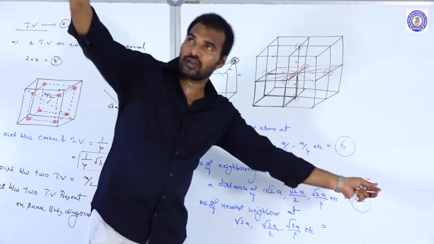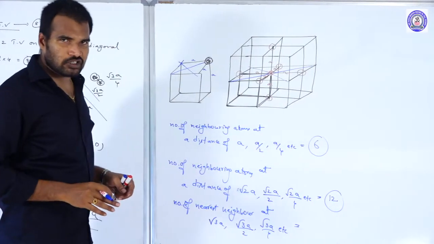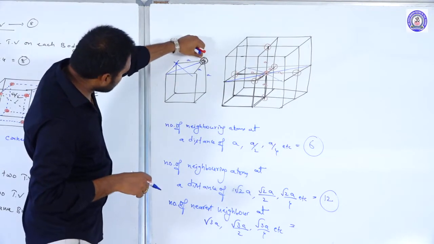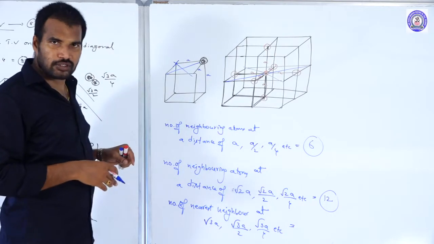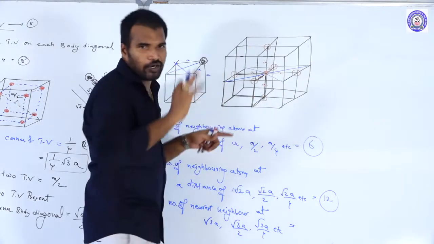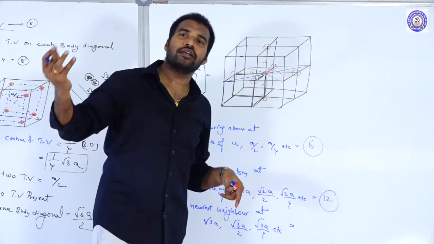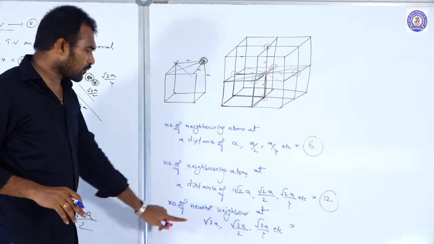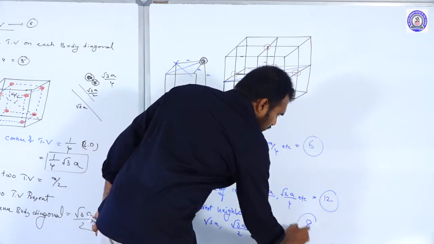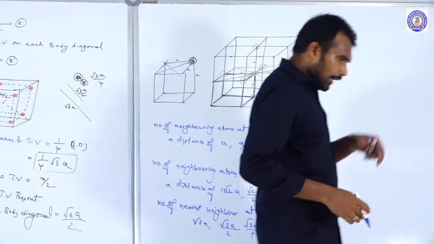When you connect any 2 corners, we get one body diagonal. Now, from this corner, how many body diagonals are possible in one mini cube? One mini cube, one only, right? Okay, this corner is diagonal with the opposite corner, only one body diagonal is possible. It is not forming any other body diagonal. So, in one mini cube, one body diagonal. Total, how many mini cubes is this atom connected to? 8 mini cubes. So, total 8. So, number of neighboring atoms at a distance of root 3A, root 3A by 2 or root 3A by 4 is how much? 8. So, if you remember these 3, then you can easily identify the number of nearest neighbors